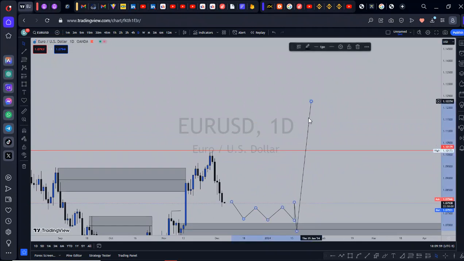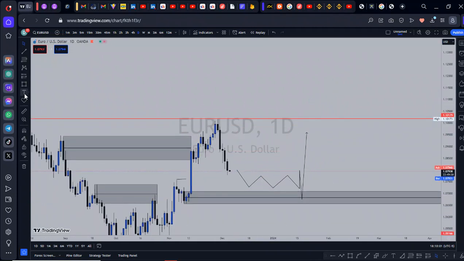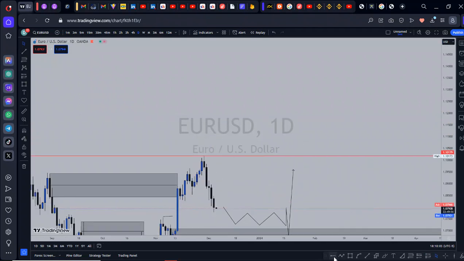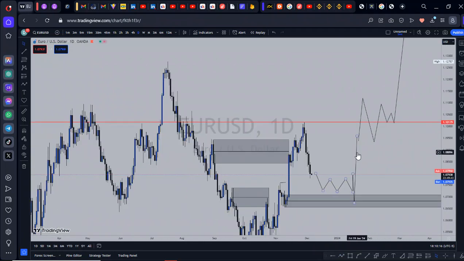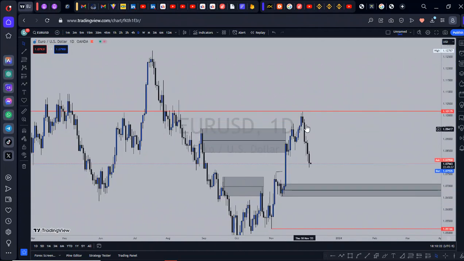So what I would like to see is, after taking the liquidity pool, it could trade lower, use it as a resistance, supports, and then target this high, and that is just what I see on EURUSD. Still not seeing a bearish trend, though you can take a bearish.